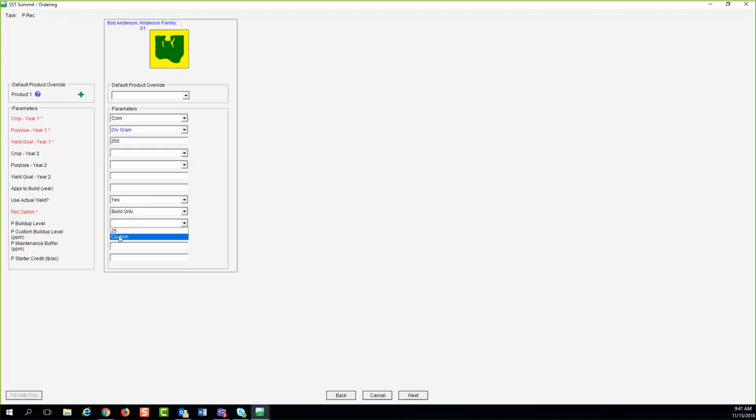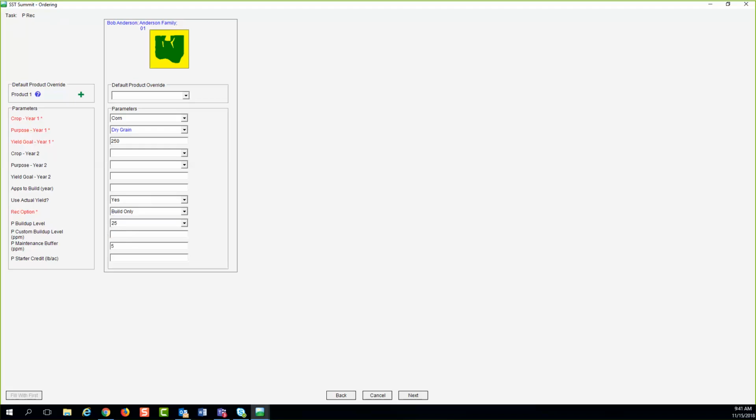So if we did this at 25, and where I'm going with all this, everybody, this is as wide open as you want it to be, and that's why I'm using the Crop IMS one, because in all my years of training, this is one of the more open-ended ones for showing people what they can utilize of all their data. So if you set your P build-up level to 25, and you come up here and say you're going to set this to 5 years for the buffer, sorry, let's delete that, I want the buffer at 5, then